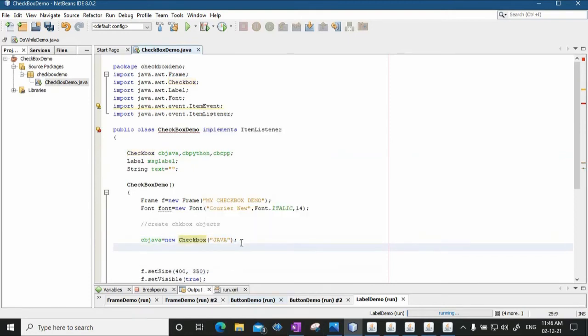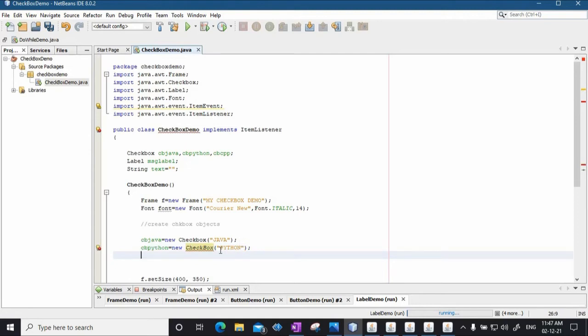The next is cbPython equal to new Checkbox, and I'll say Python. Oh, the P is small.